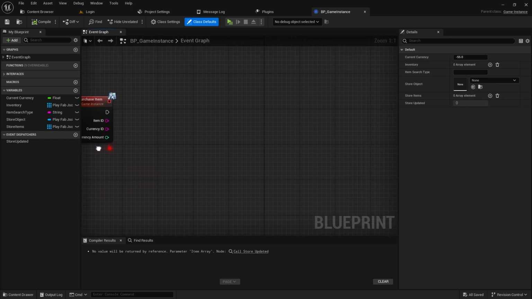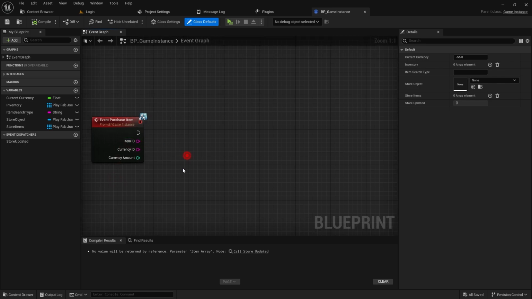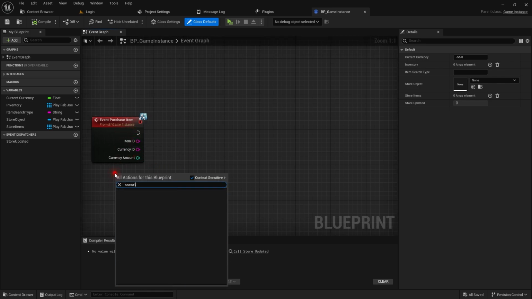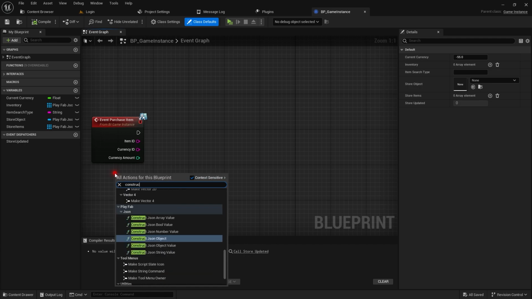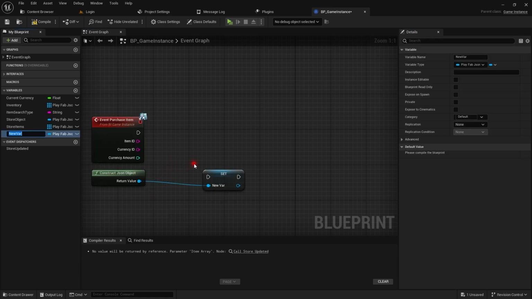Okay, so Unreal crashed and everything after I did this was destroyed. So let's do it again. Let's construct a JSON object. I don't think you will see that happening in the video, or I will put a cut here. So let's promote it to a variable and name this maybe purchase item object,